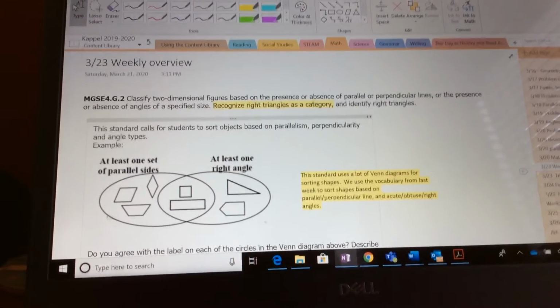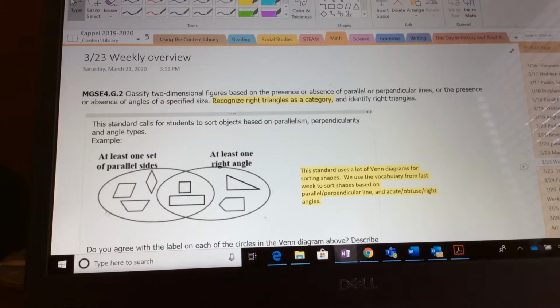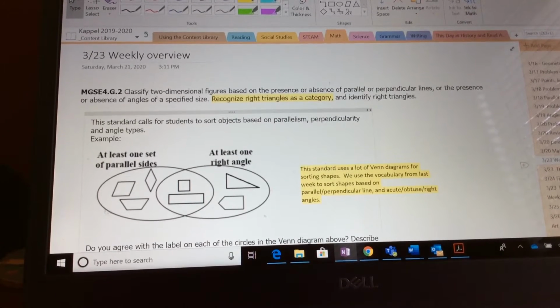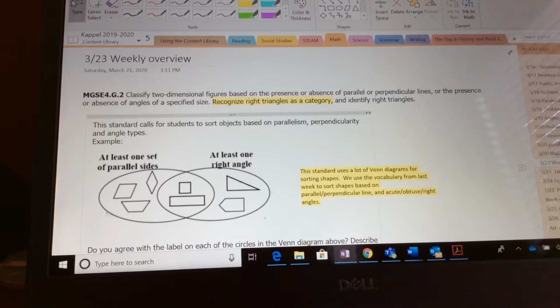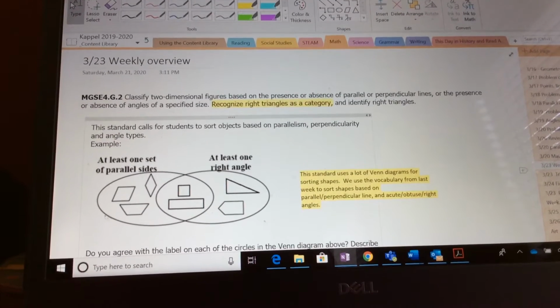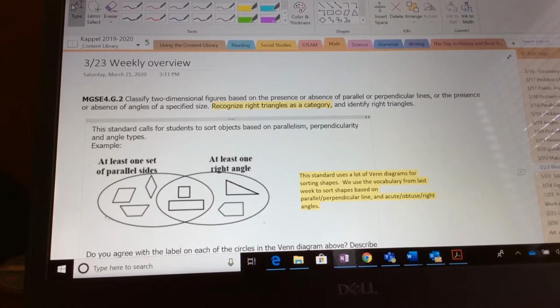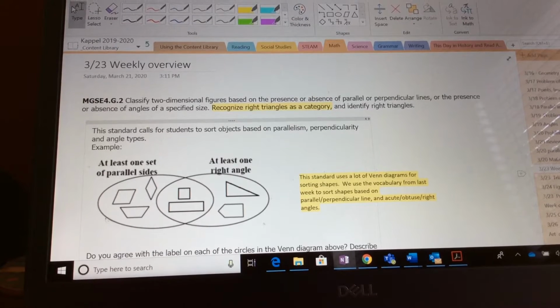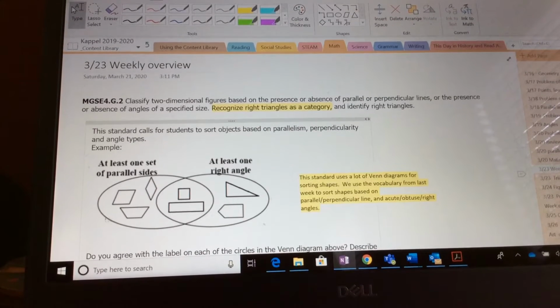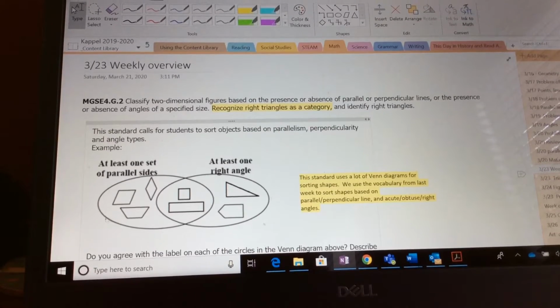Anyway, last week we worked on parallel lines, perpendicular lines, right angles, acute angles, obtuse angles. And we had lots of fun with the Kahoot on Friday, I think it was, reviewing that. So this week, our standard that we're moving on to is going to build on that. This time, we're going to work on classifying shapes based on those lines that we learned about and those angles